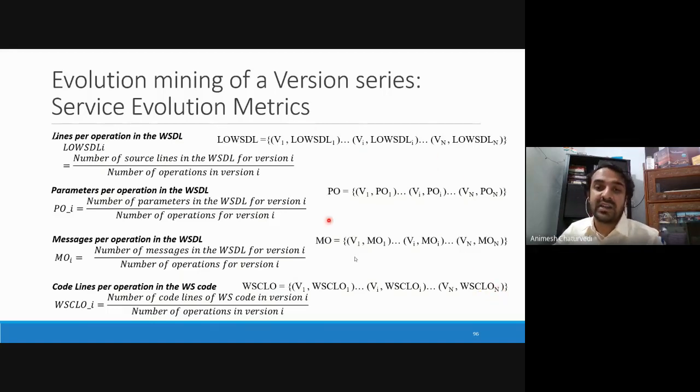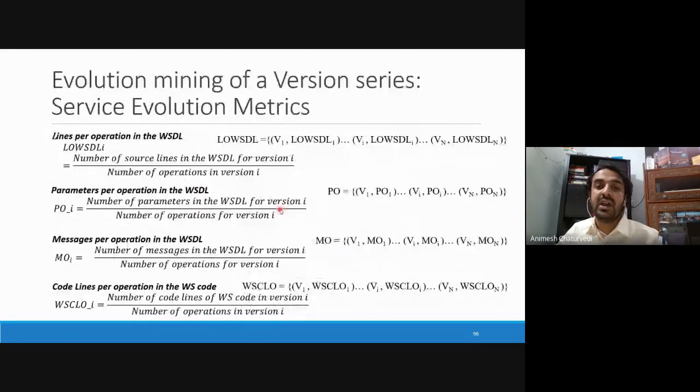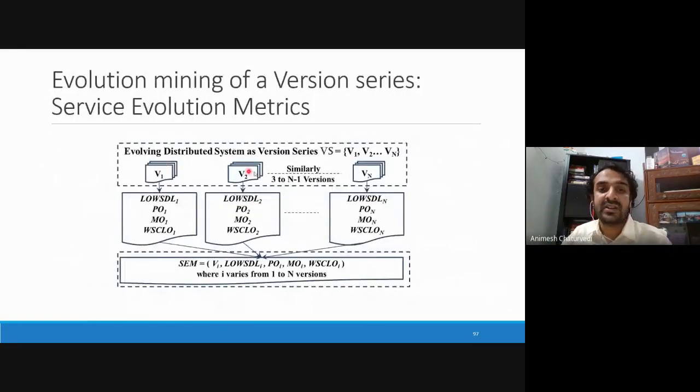Why we are writing like this for different versions, version 1 to version N, so that we can create some graph, and we'll see how we created the graph very soon. And this is what we can say as the service evolution matrix. So this is the service evolution matrix,